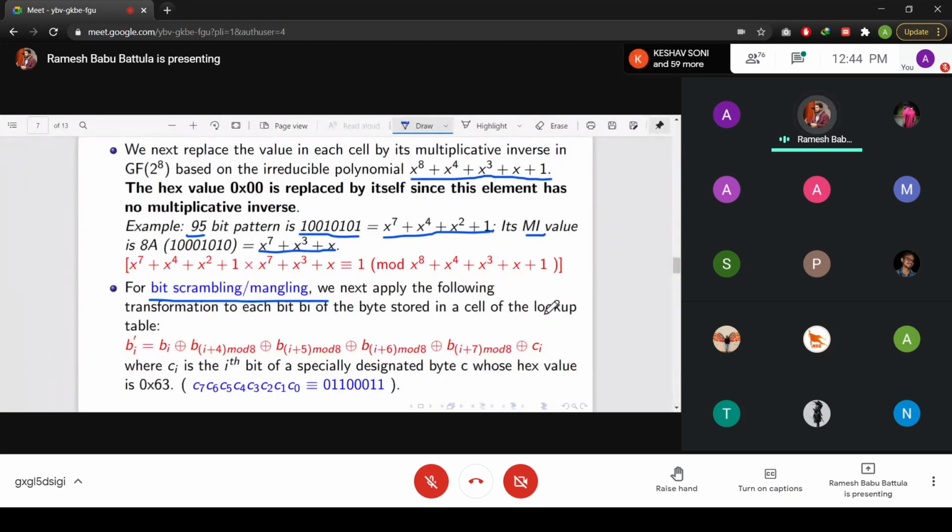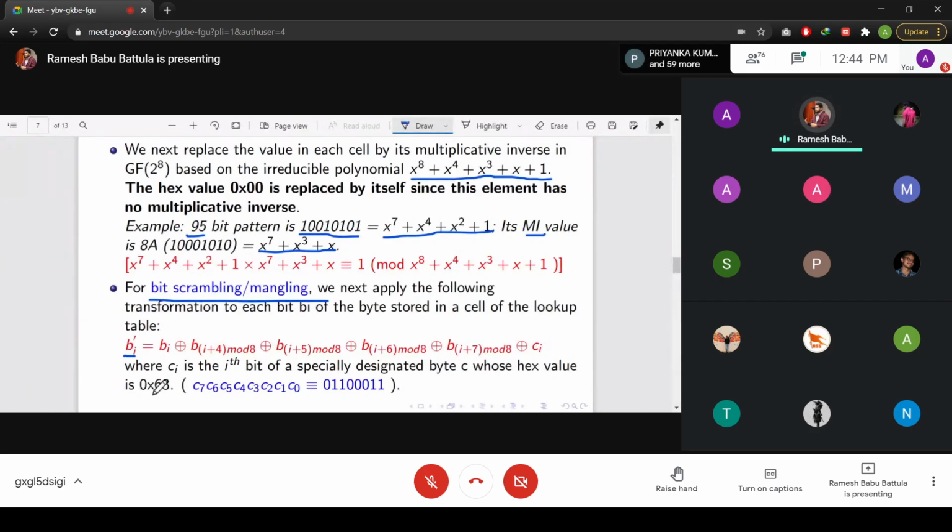You have a lookup table, and each lookup table consists of how many values? 8. That means an 8-bit value, one byte. 8 bits are there. For each and every bit, you need to perform this operation. You find the bi dash value like this: bi' equals bi XOR b(i+4) mod 8 XOR b(i+5) mod 8 XOR b(i+6) mod 8 XOR b(i+7) mod 8 XOR